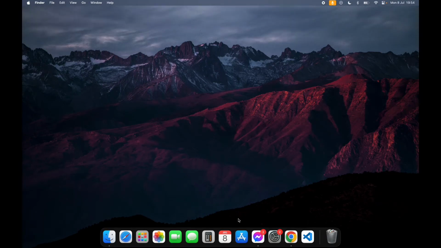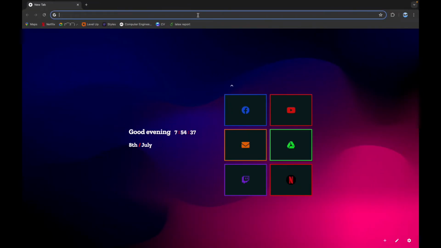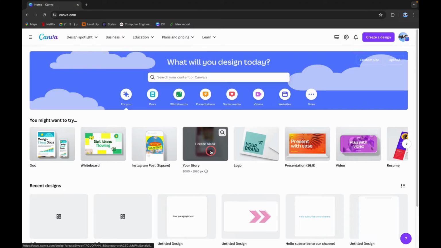In this video, we are going to learn how to change file type in Canva. So the first step is to open your preferred browser. Now on the search bar, type in canva.com and this will lead you to a home page of your Canva